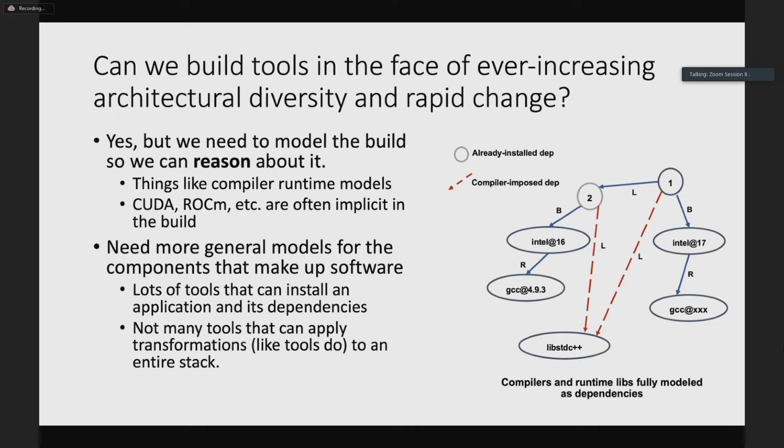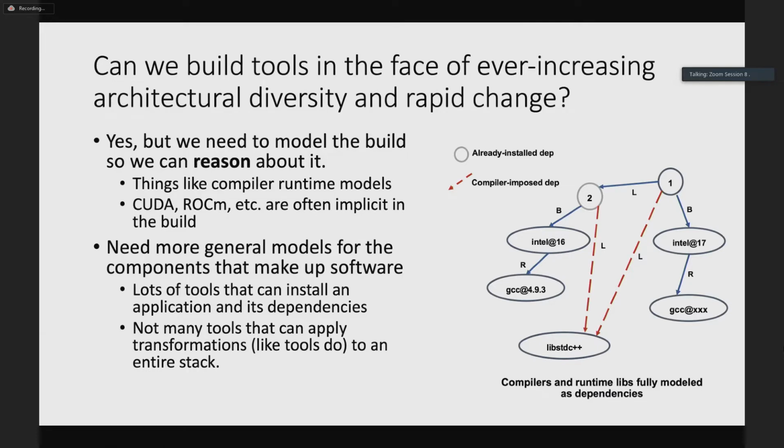All the things built into it are sort of black magic that application developers shouldn't have to deal with. And oftentimes compiler developers do awful black magic things underneath the compiler. There are nasty things that happen with C++ runtime interfaces, and compiler interop is a huge problem, because making sure that all of the machinations that one compiler did behind the scenes are compatible with all the others is extremely difficult. So yeah, we need more general models for these components.